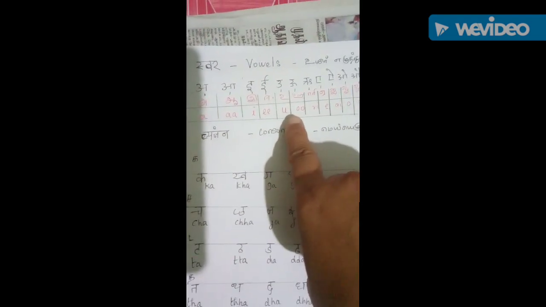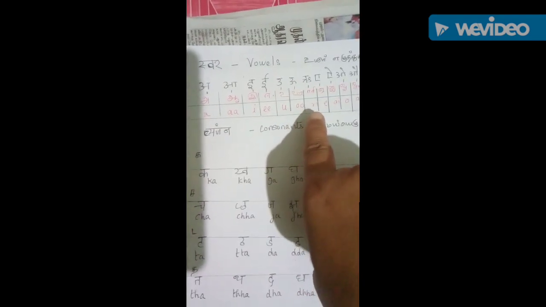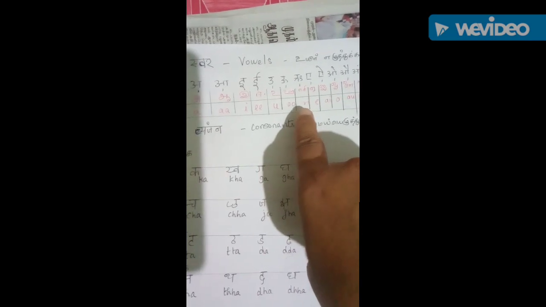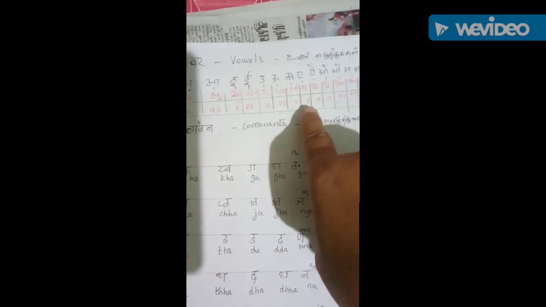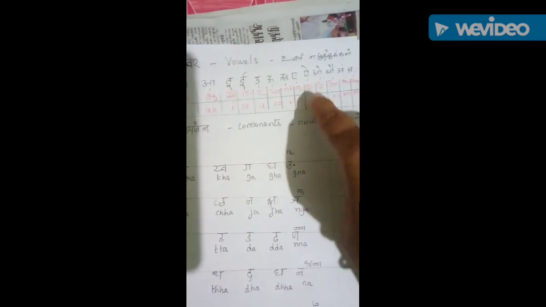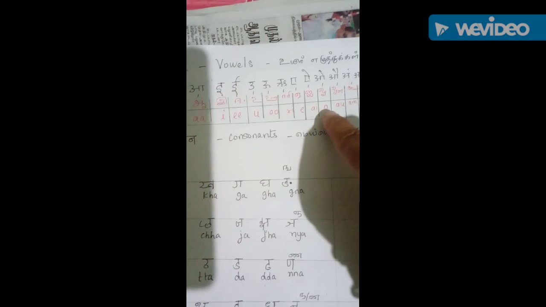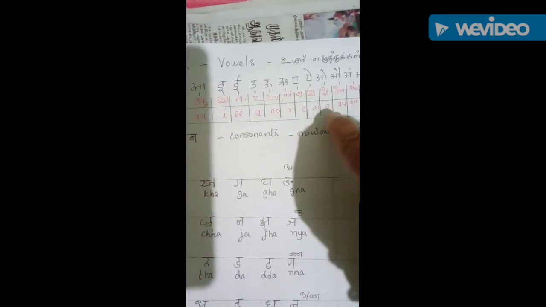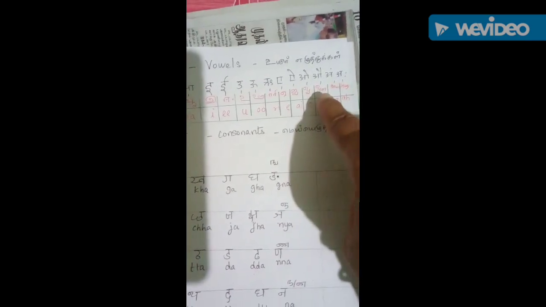And then ikru, and in Tamil re, and in English ri, re. And the next letter is a, and in English e. And then the next letter is I, and in Tamil I, and in English AI. And the next letter is O. The Tamil letter is O, and the English is O. The next letter is AU, in Tamil also AU, and in English AU.